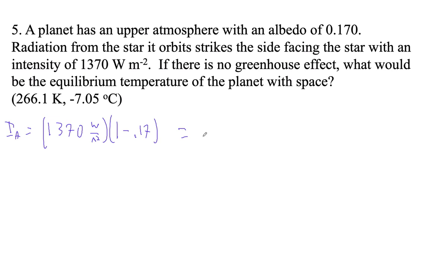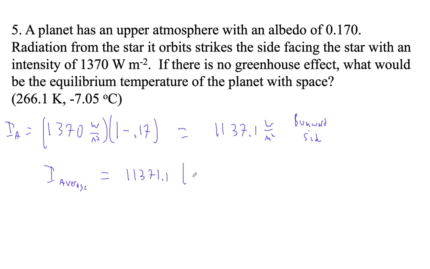1370 times left parenthesis 1 minus 0.17, and that is 1137.1 watts per square meter on the front side, on the sunward side. Okay, now to figure out what it is all over the planet, right? The average intensity is going to be that